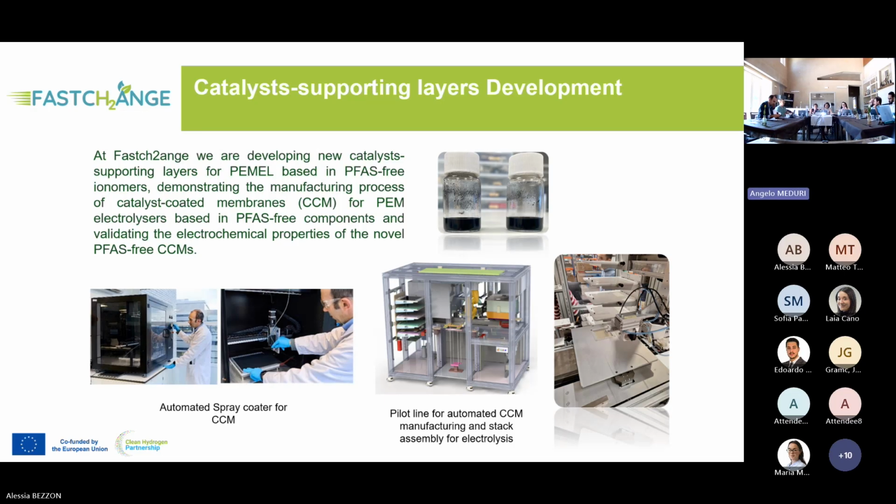And as a part of Work Package 5, at FASTCH2ANGE, the idea is to evaluate the ionomers developed for new catalyst supporting layers for anode and also for the cathodes. This way, the idea is to evaluate the compatibility of the components and, of course, make different compositions of the inks, varying the percentage of the ionomer, which solvents and which ratio of these solvents, and to proceed to